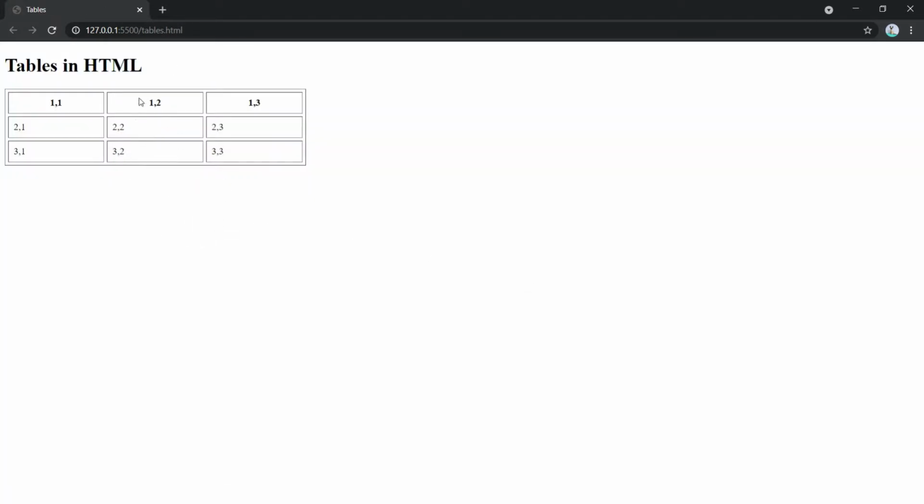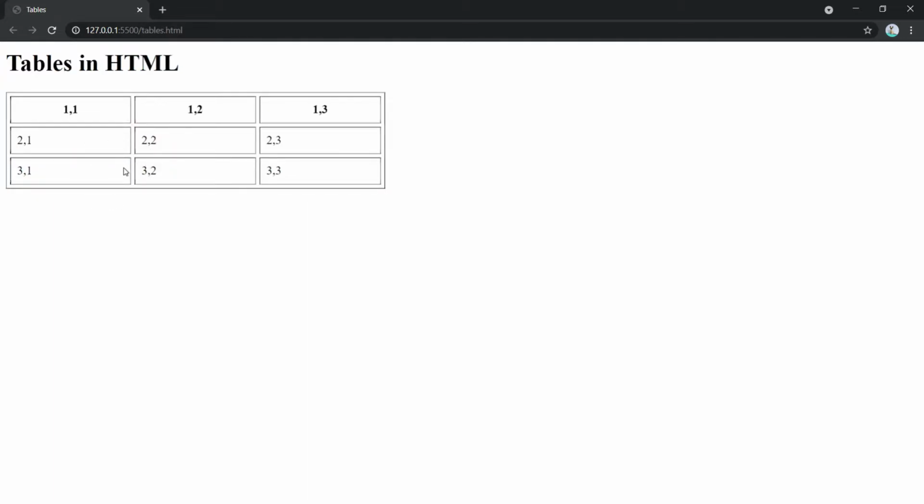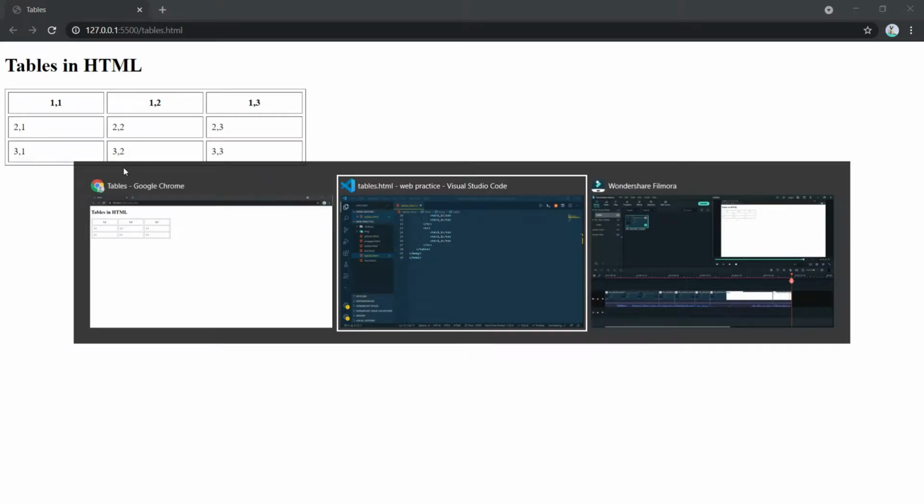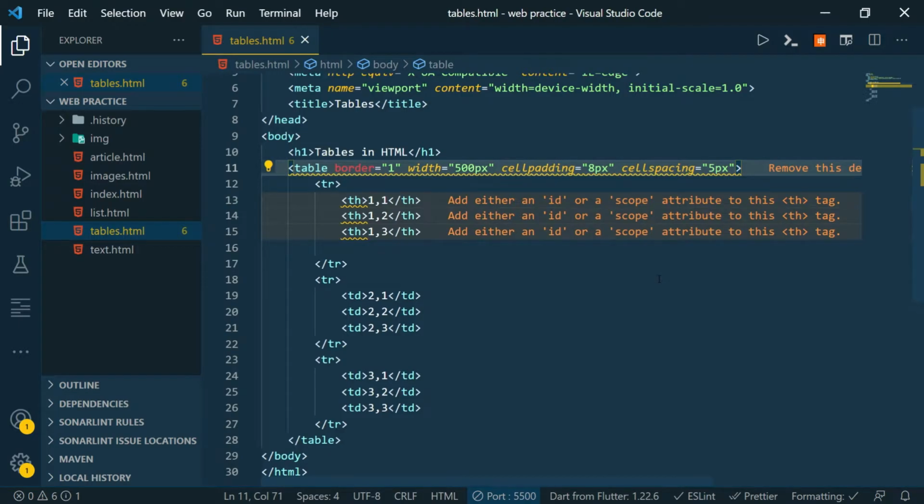This was the table we have created in the previous video. Let's see what more we can do with this table. In HTML we can combine one or more rows and one or more columns to make bigger cells. Let's see how we can do that. This is done using colspan and rowspan attributes. The colspan attribute is used to merge two or more columns, and the rowspan attribute is used to merge two or more rows, as the name suggests.